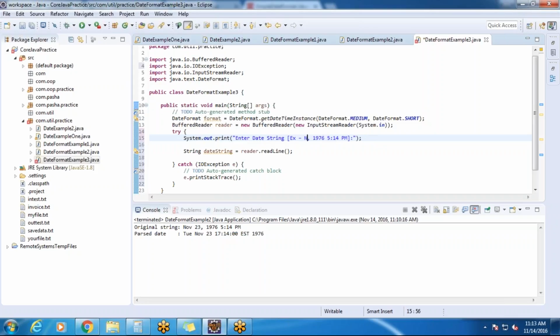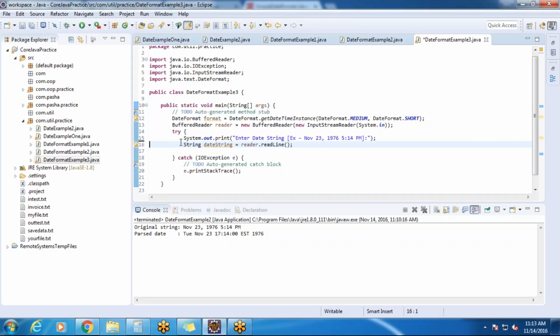Right. Save this and then delete that line 16. So this is my date string value. I would like to read it by using the readLine method of the reader object. Now go back to your date format example 2